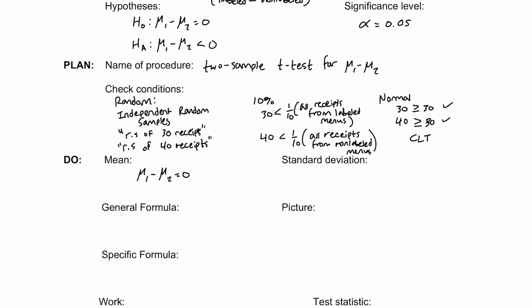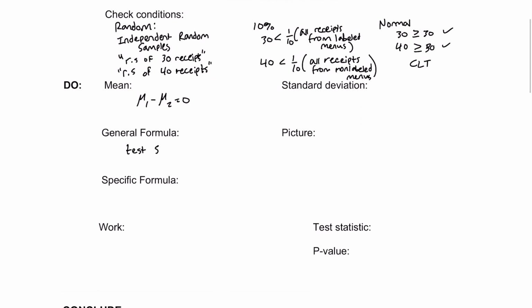The general formula for a test statistic is the statistic minus the value of the parameter, over the standard deviation or the standard error of the statistic. Now, specifically for this, we're finding t, and so I am going to replace each of these things with their